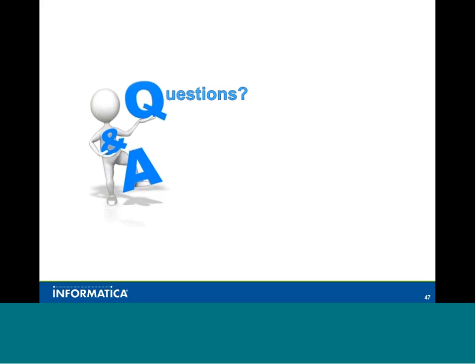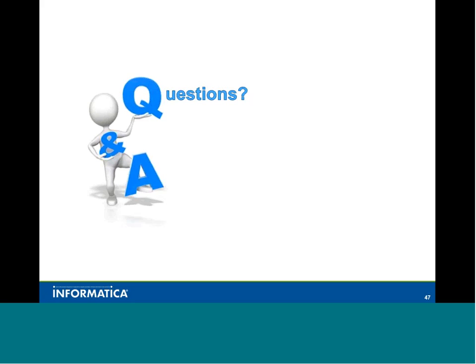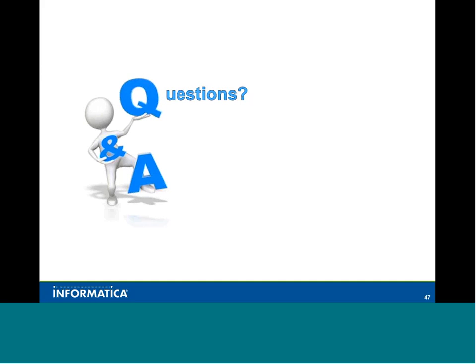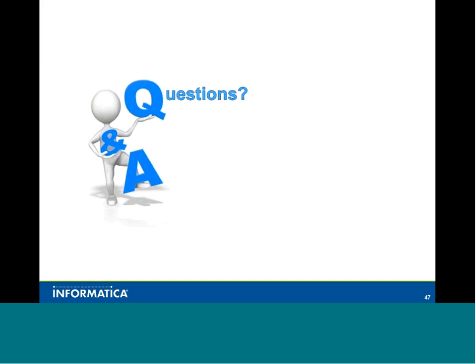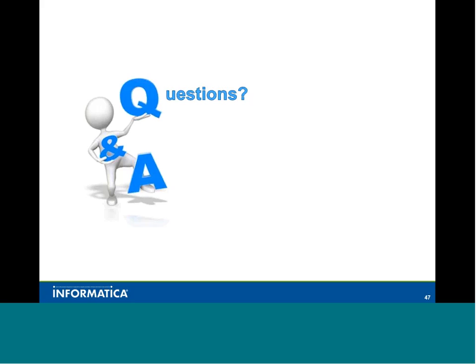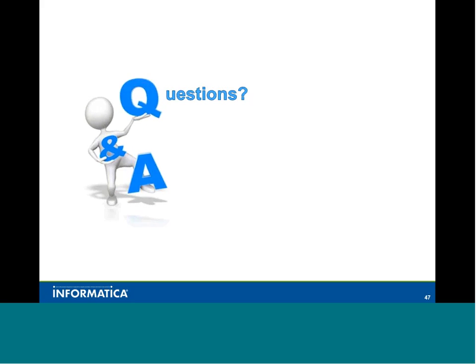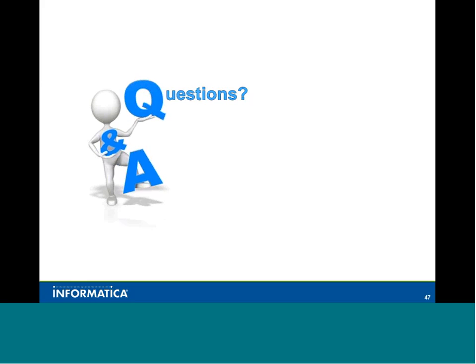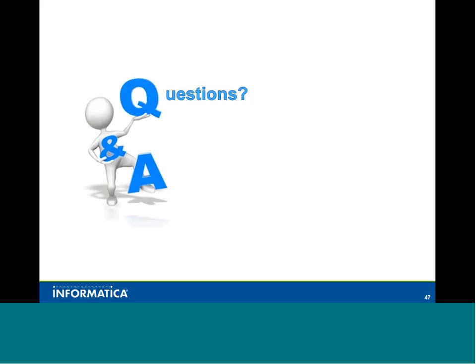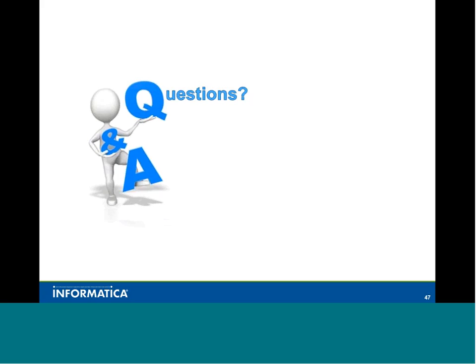There is another question from one person called Ram Shastri. Is MDM an extension of IDQ? No. I think you can have IDQ work with MDM, but MDM is, as I mentioned, not